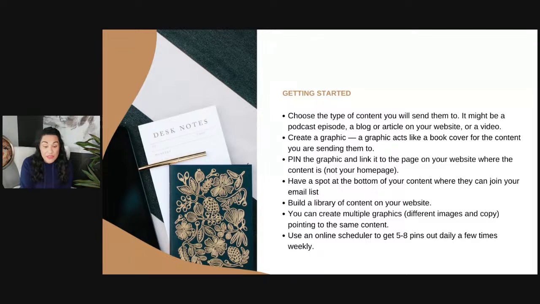Okay. So the next step is to create your graphic. All right. It's like a book cover. Think of it that way. You can't read the book until you pick up the book. You can't click on the pin. You can't click through to the website until you click on the pin. Okay. Then you're going to pin the graphic and link it to the page on your website where that content